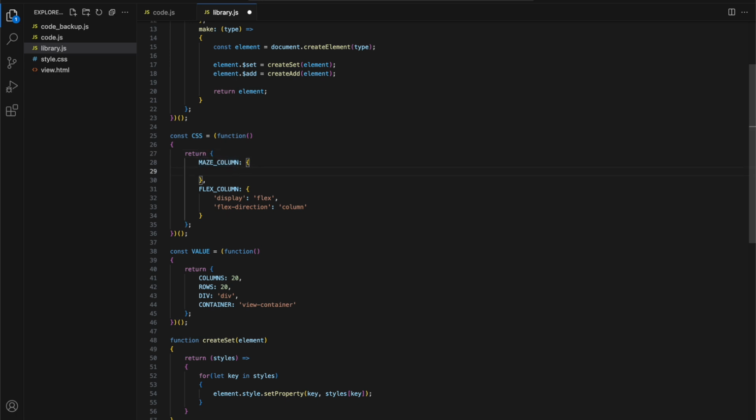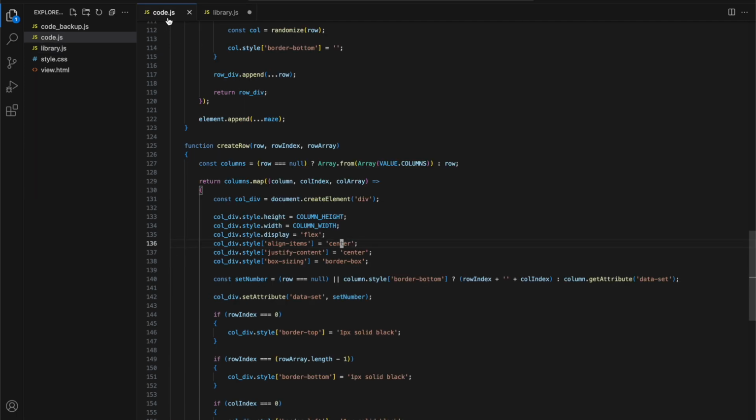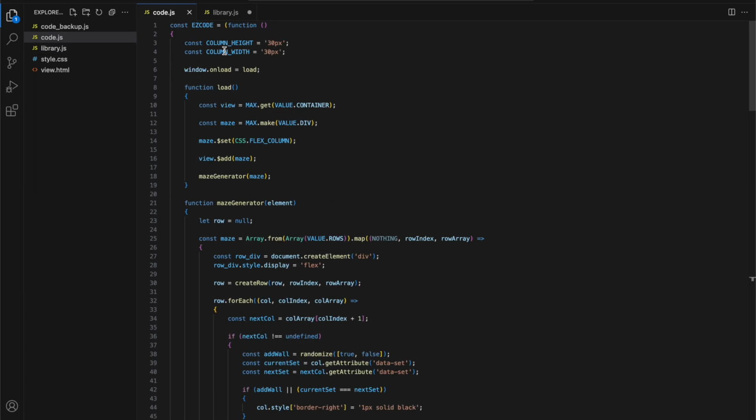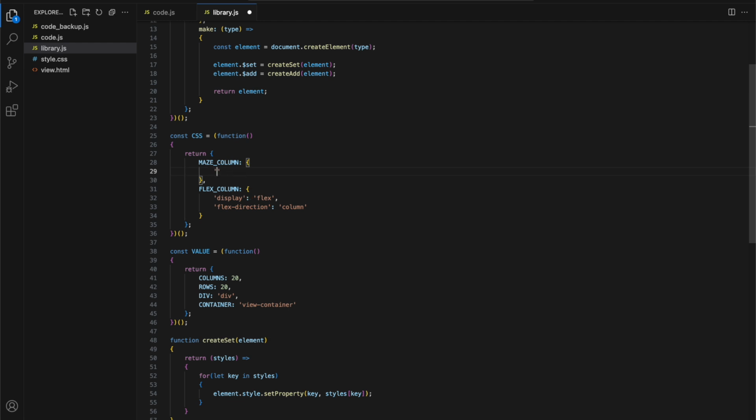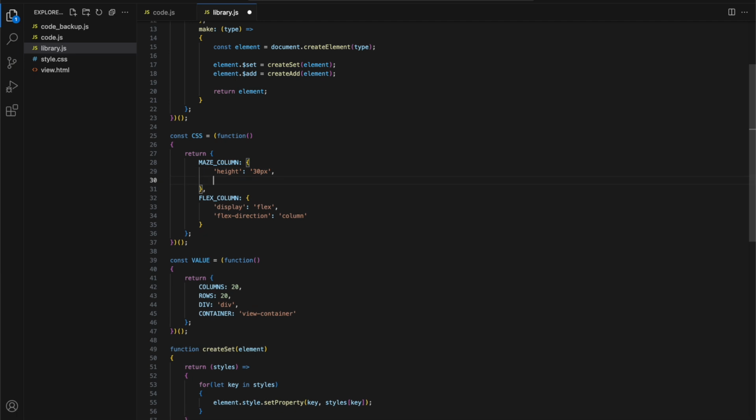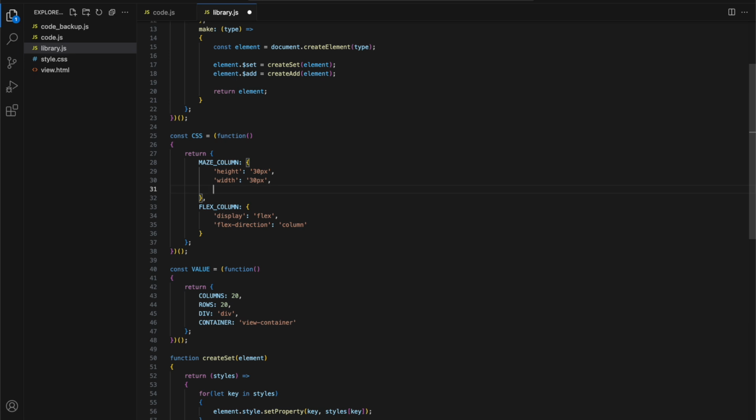So we're just gonna, let's see how we're gonna do this here. I'm gonna run back quick and see what our height and our width was at the top. It was 30 px. So let's go back over here to our library and we're gonna say height, colon, and we're gonna do a string, of course, value of px. Now, just to show you, we're using strings here, but we can do other ways of doing this. We could just put width like this, but we're gonna keep everything the same. So we're just gonna make it a width here. The same thing, 30 px, and I'll show you why here in a second when we go through our properties